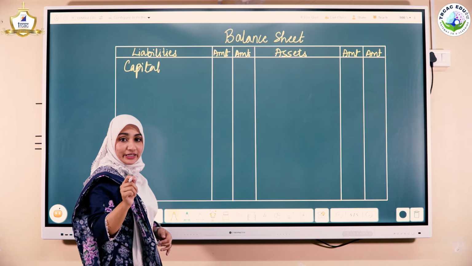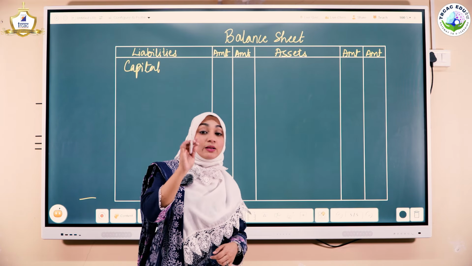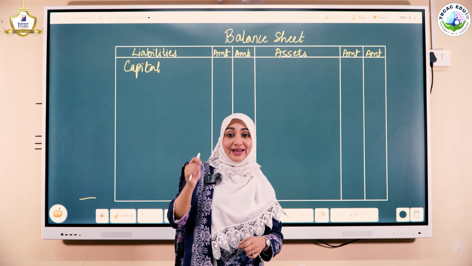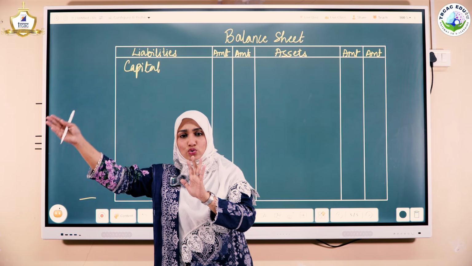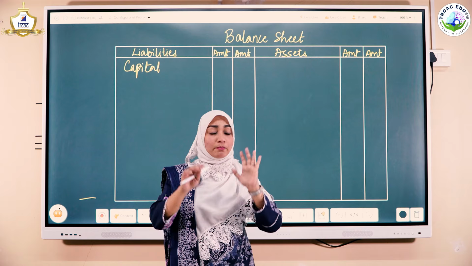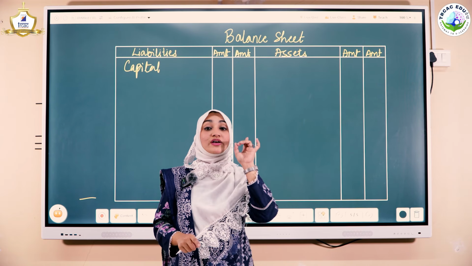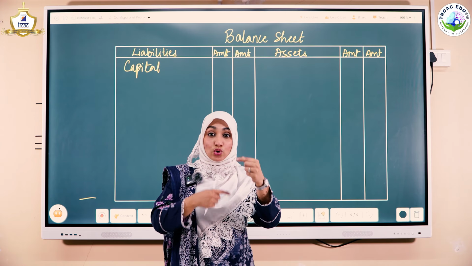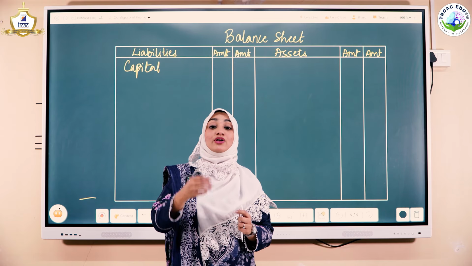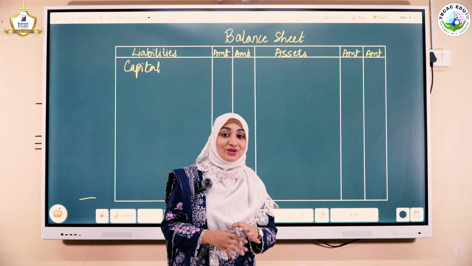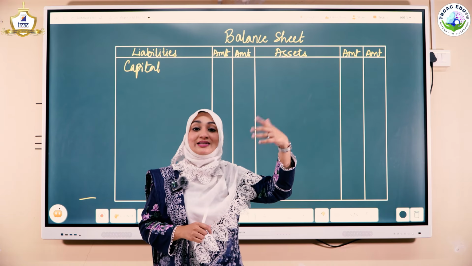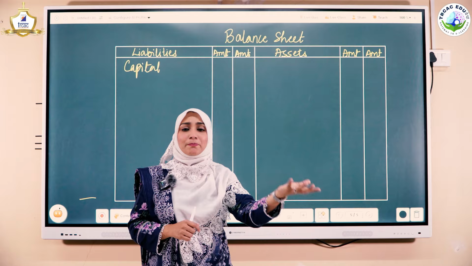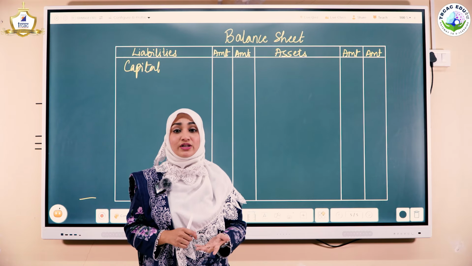Now the specialty of this chapter is, in the previous sole trader final account, you used to write capital directly and the amount used to go in the outer column. Correct. Perfectly fine, because there you were having one partner. But as I told you, in this 12th standard, you have the concept of partnership. So here you will be having multiple capitals, of partner A, B, C, 2 partners, 3 partners, whatever is given in your problem.